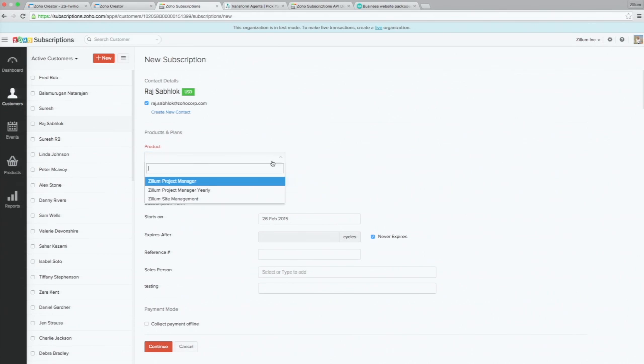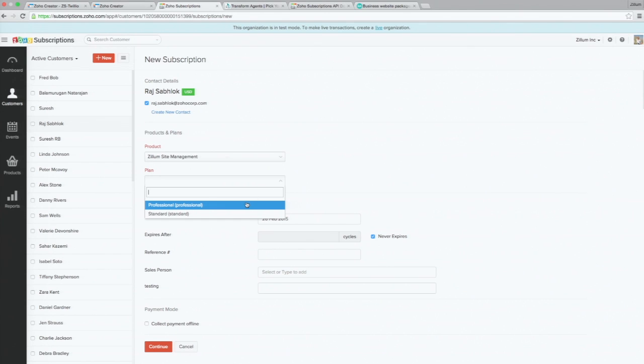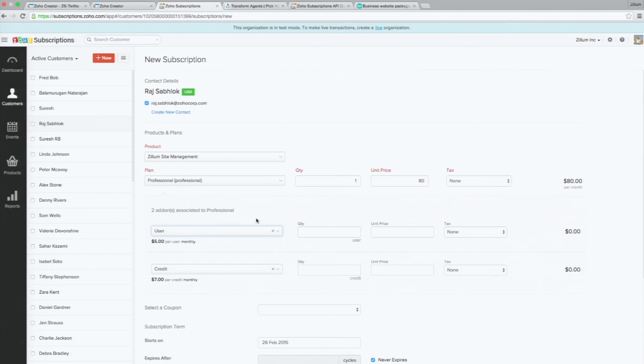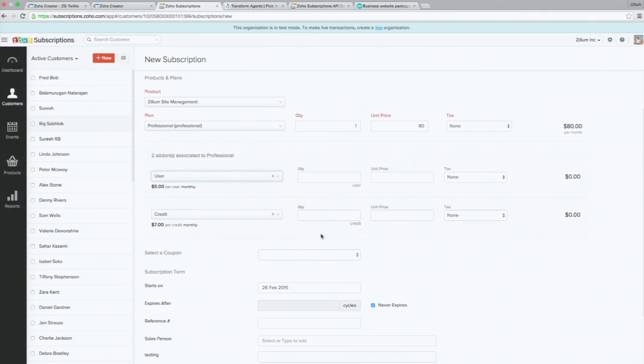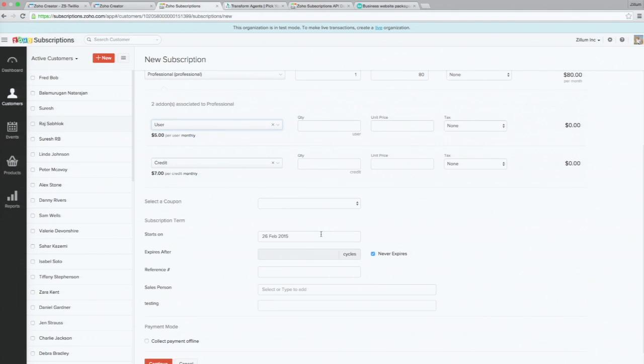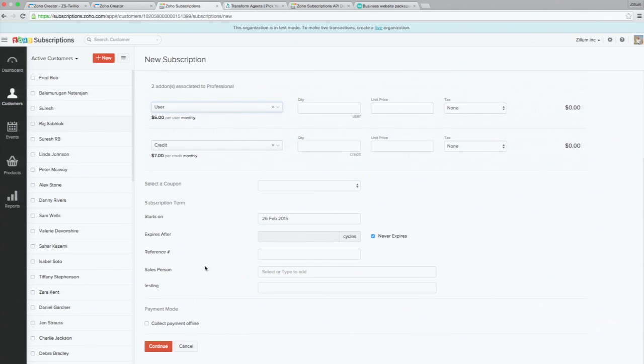And this is part of, as I said, the Zoho Subscriptions interface. I've got a product that's already set up, which is you can purchase Zoho's Xylem Site Management, just a fictitious product that we made up. And I'm going to buy the professional edition. These are all fields that are associated with the subscription that I'm creating. And again, you can create any number of subscriptions with various add-ons, coupons, trial periods, things of that nature. I'm going to keep it real simple now